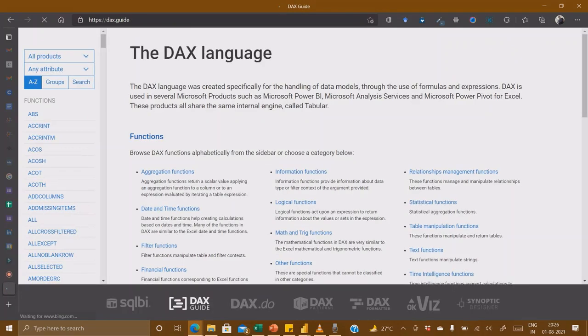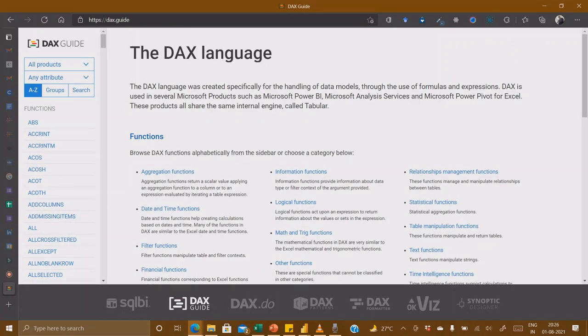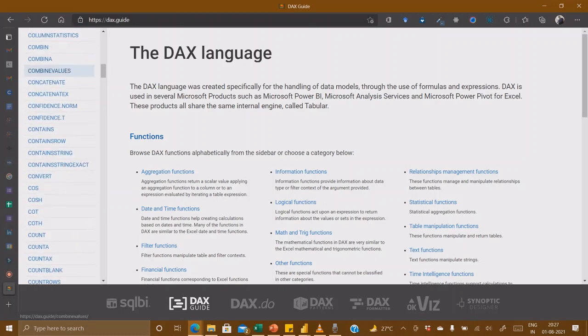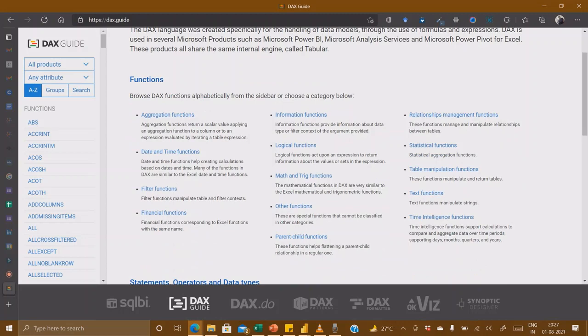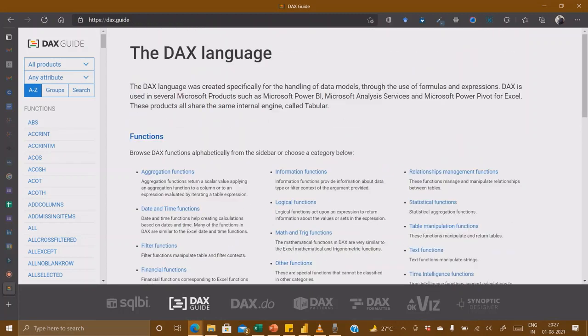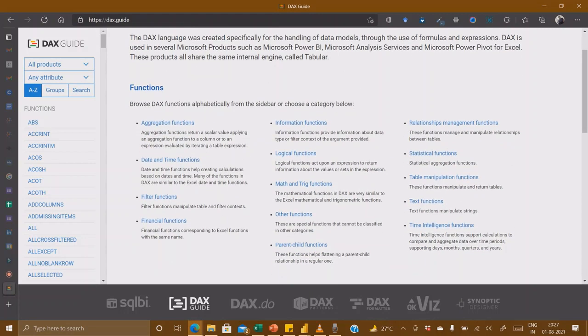Open here, and now you can see all of the functions listed here. So you can check what the functions are and what the syntax for writing them is. I'm showing you here so you can see what type of functions we have.